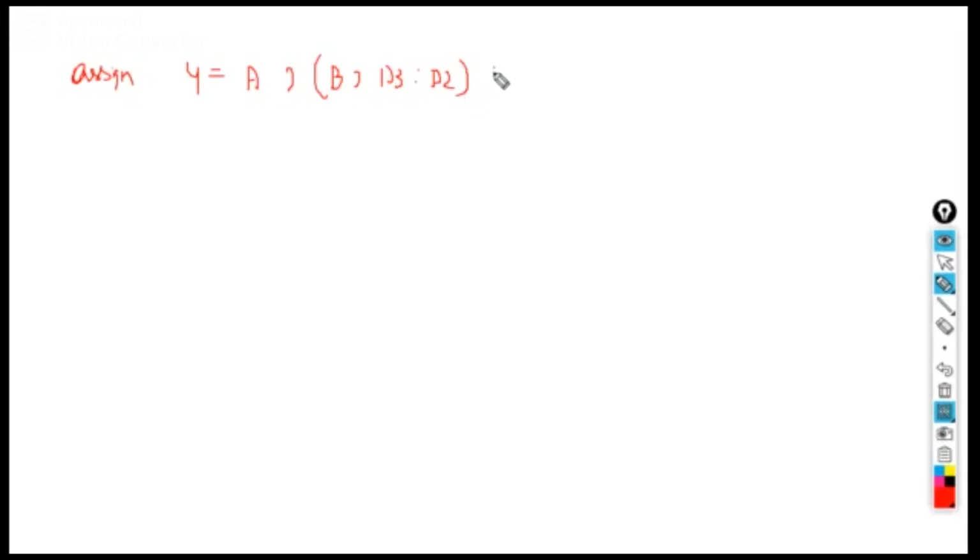this one, once again b question mark d1, d0, bracket close. So now you have to solve the internal loop first here.